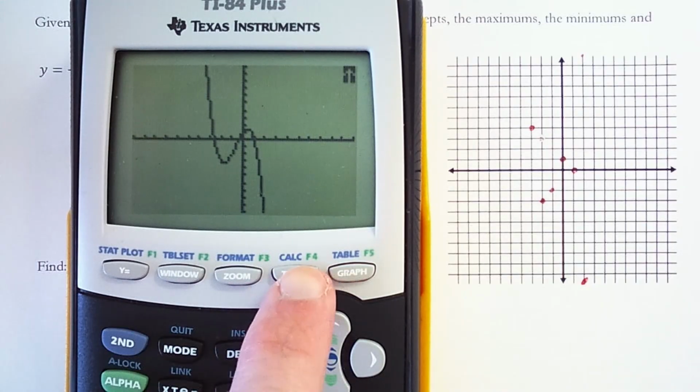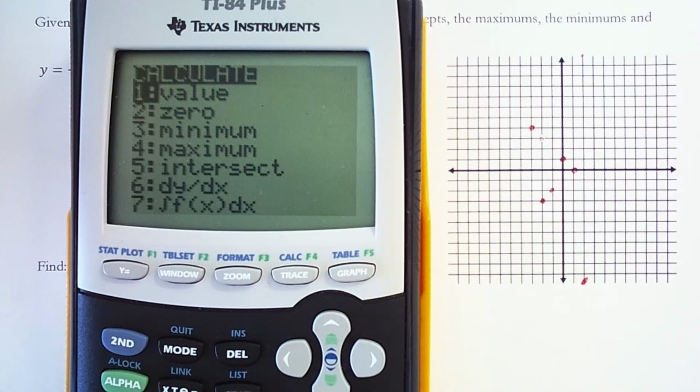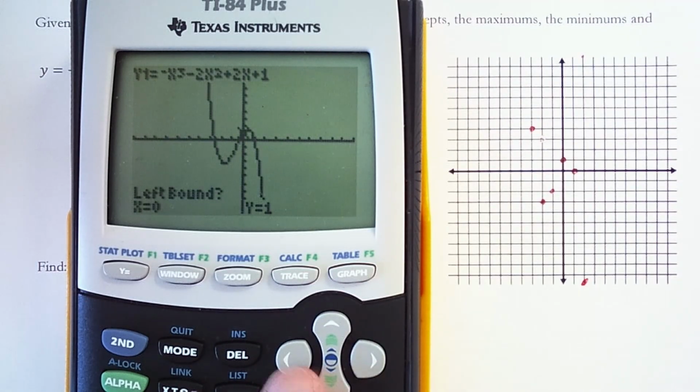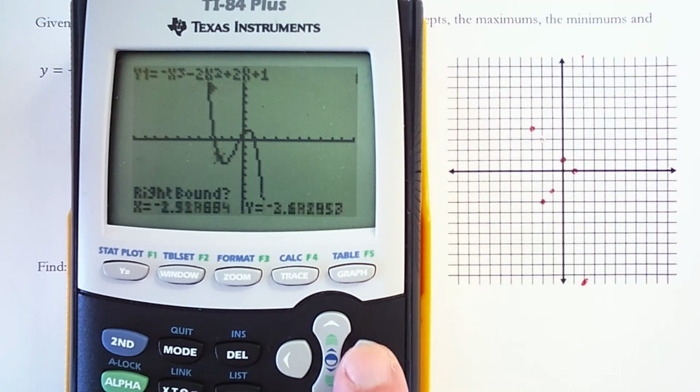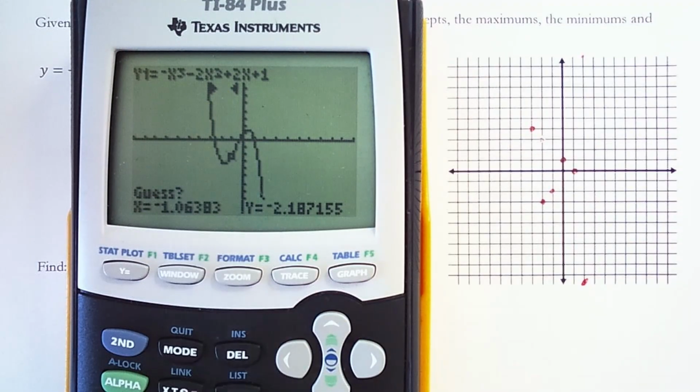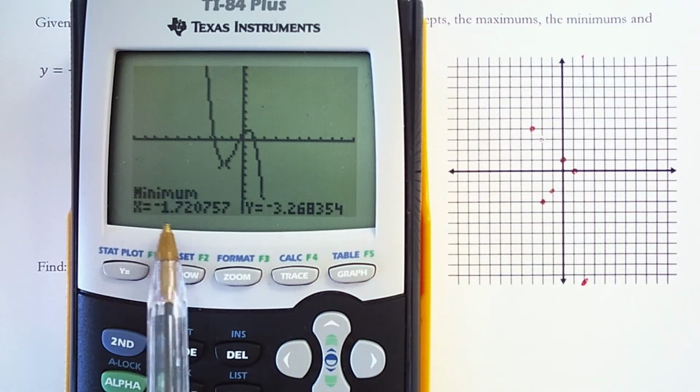So I'm going to use the calculate function, and I'm going to choose option 3 for a minimum. And I'm going to give it a left boundary, so a little left of that minimum, enter, and then right of that minimum, enter again, and it's going to find the minimum between those two arrows. And there's my minimum,